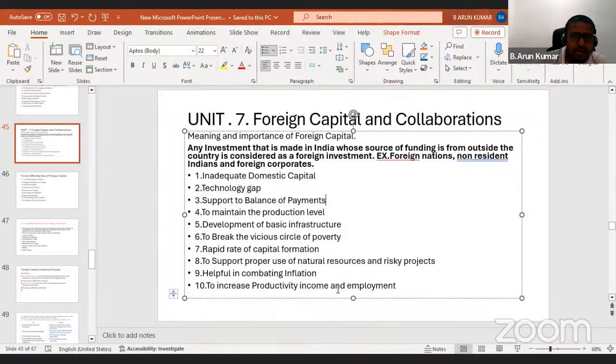Seventh one is rapid rate of capital formation. Underdeveloped countries are characterized by a low rate of capital formation, but with the aid of foreign capital, the rate of domestic capital formation can be sped up. When foreign capital is put to productive use, it will lead to more employment, more income, more savings,